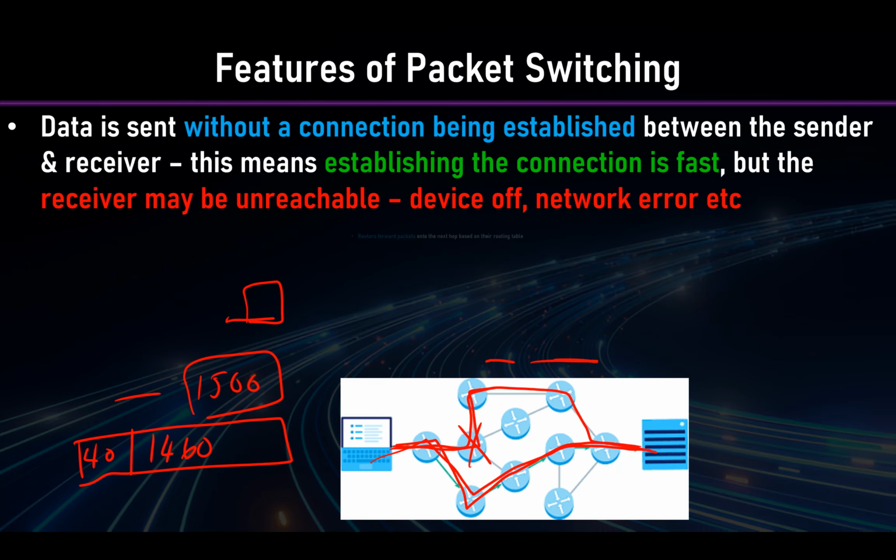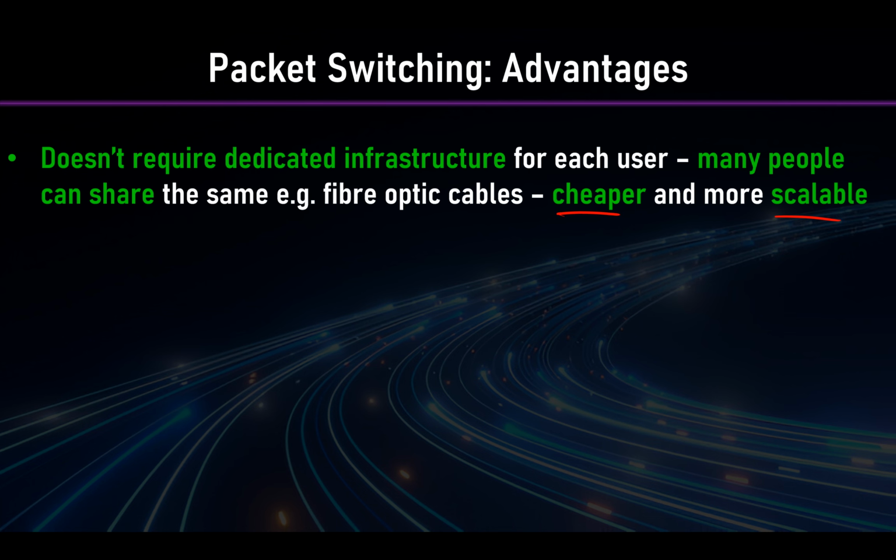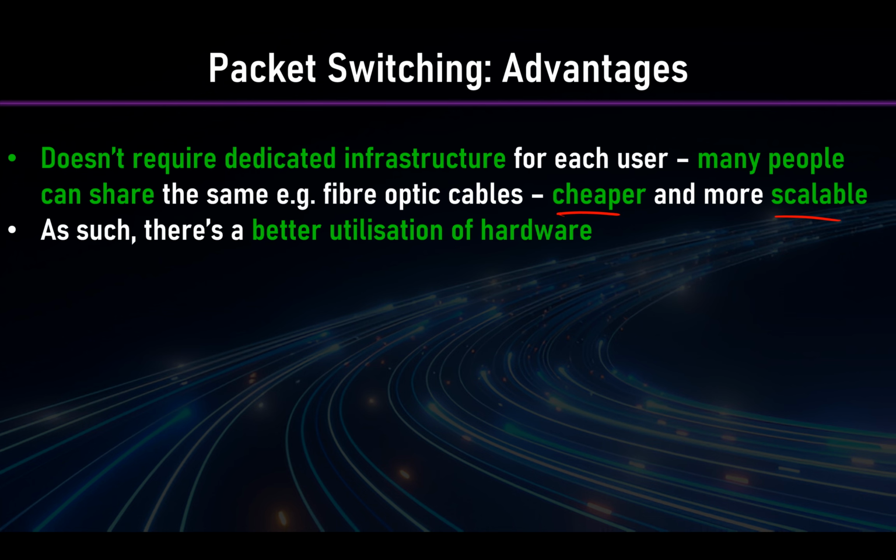Whereas packet switching is more automated. It's just being sent whatever way. And then obviously it's going to be the router that's determining where to send it. So as such, there's going to be a better utilization of hardware because